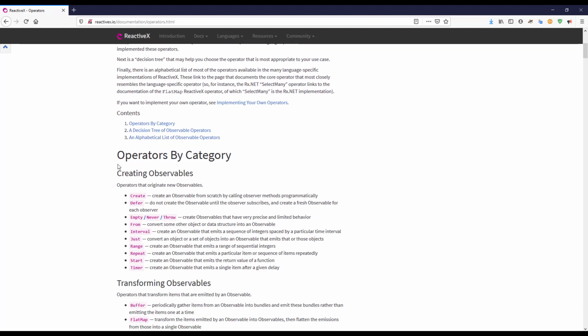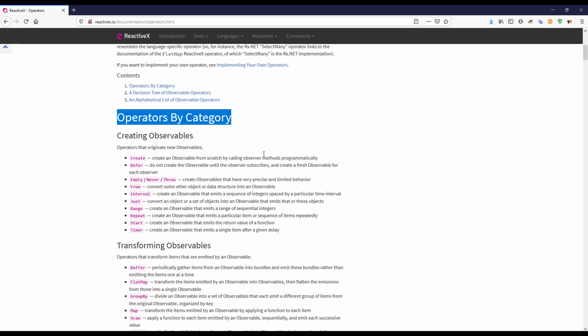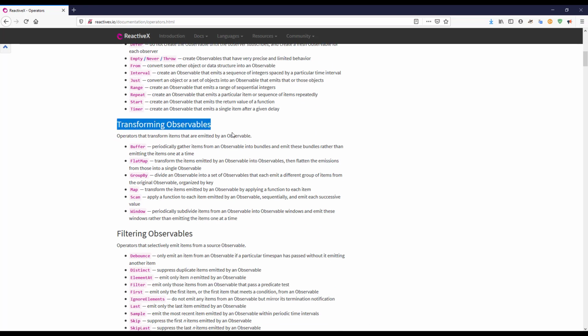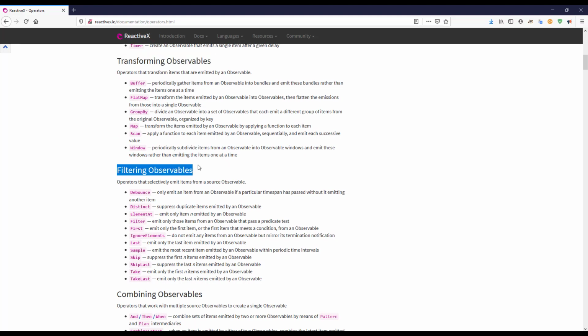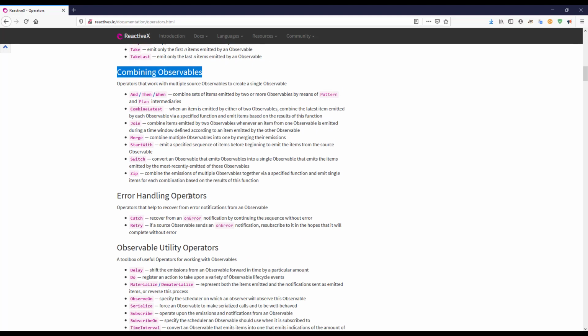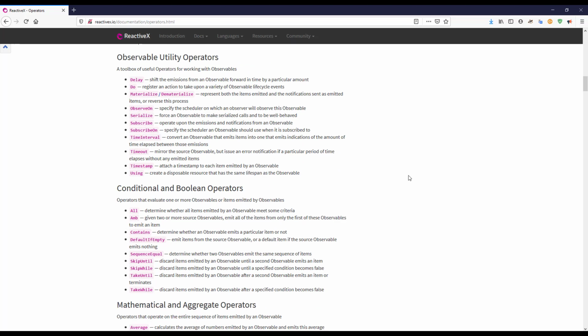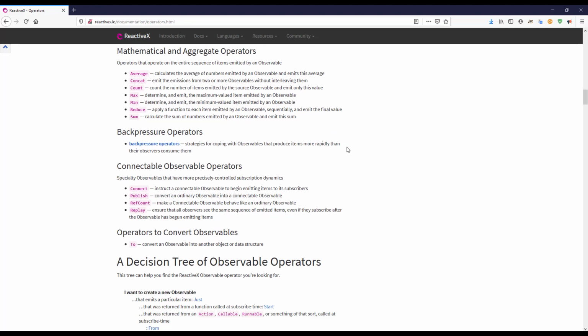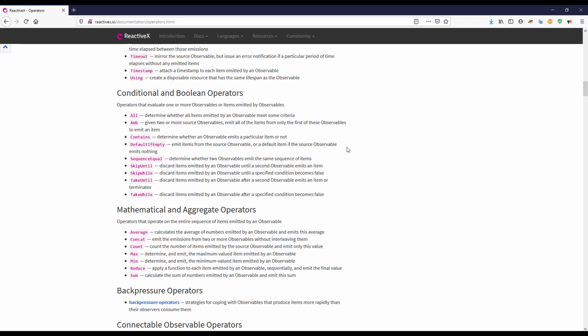If you go and see operators by category, you can see creating observables, transforming observables, filtering observables, combining observables, and error handling. You can see there are a lot of different types of observable operators that we can make use of, like the arithmetical ones. These are the operators that you can go and check on the ReactiveX site, and we